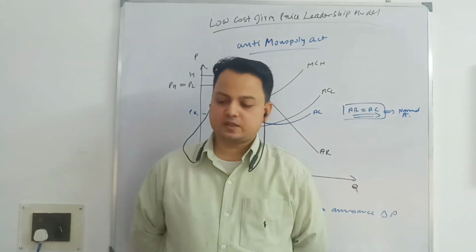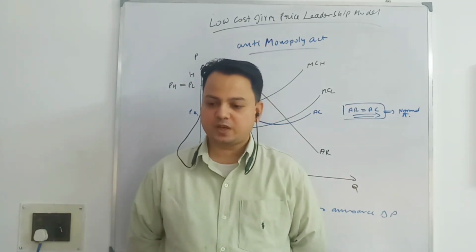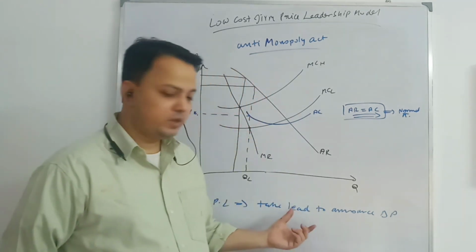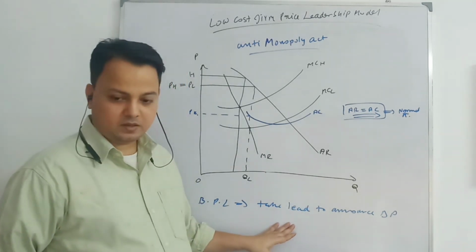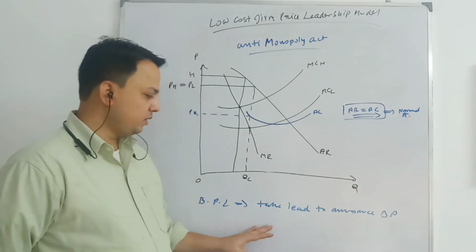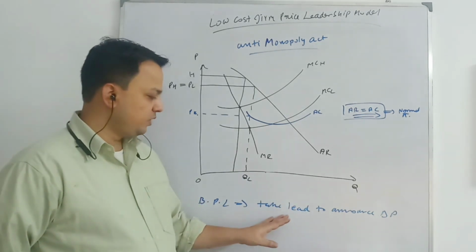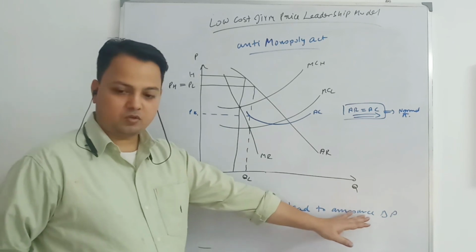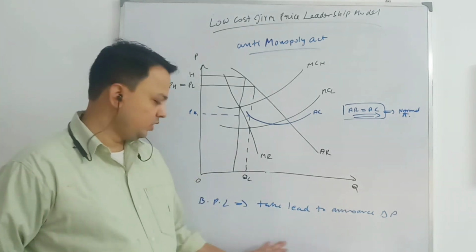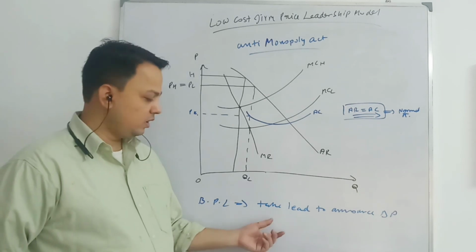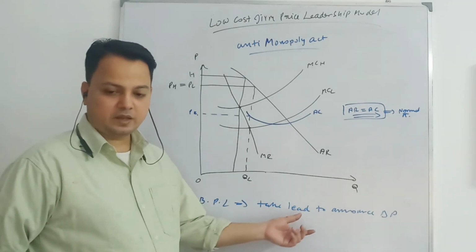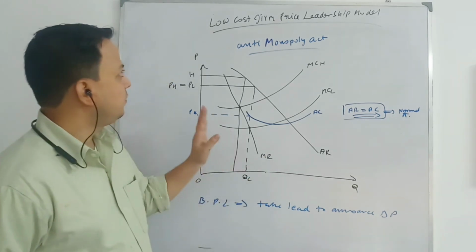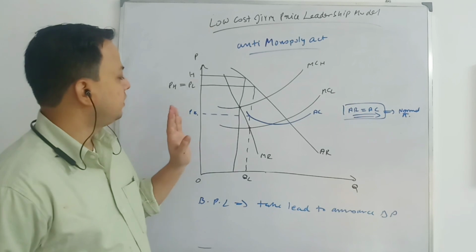Then the last one that we have seen is the barometric price leadership model, and in this, what we see is that there is some reputation that leads to price stability and discipline. No one is going to take the lead other than the firm that is established by its reputation. So if it announces a change, others will follow it. So here also in barometric price leadership, you will be getting stability of price and there is price discipline also. So this is what we have in the price leadership model of collusive oligopoly.